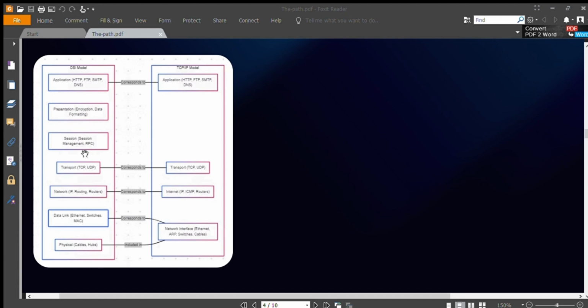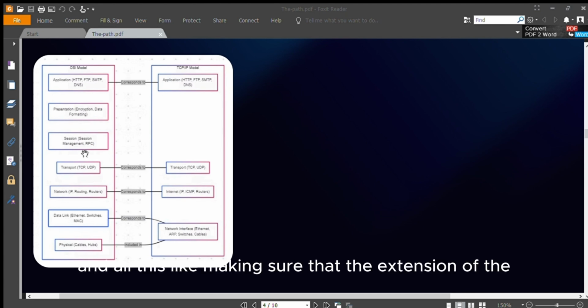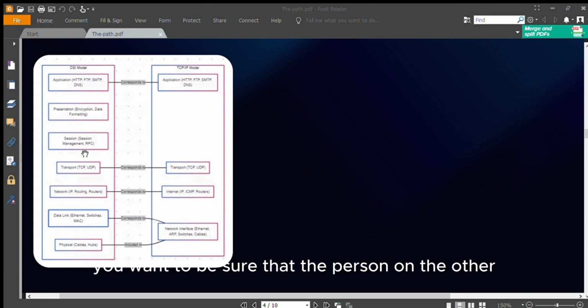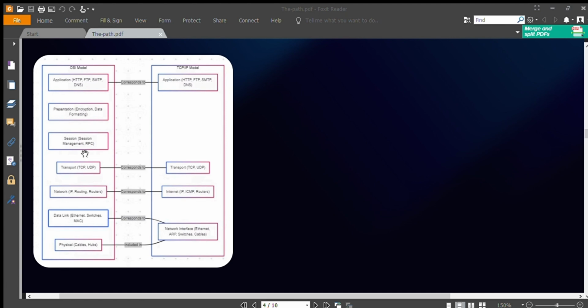JPEG, MPEG, GIF, right? Making sure that the extension of the thing coming in is correct, because you don't want to be sending a picture and the person on the other end is receiving numbers. If you send a text message, you want to be sure that the person on the other end is receiving text. If you send a video, you want to be sure that the person on the other end is receiving a video. So this presentation layer is responsible for encryption, making sure that your SSL/TLS, that's a secure server layer, I think,